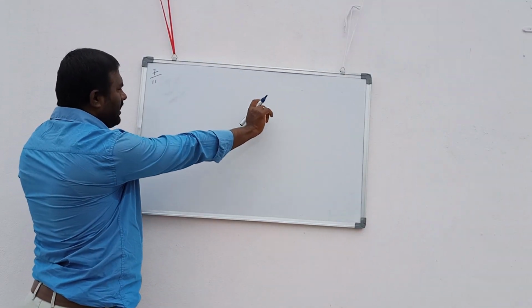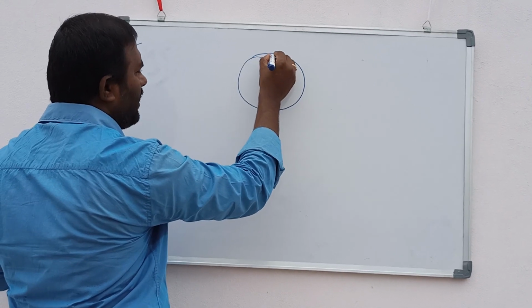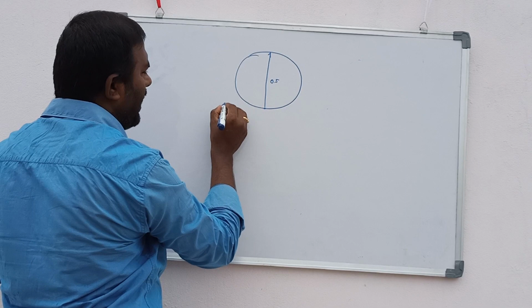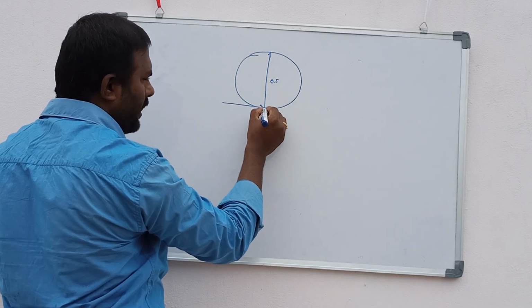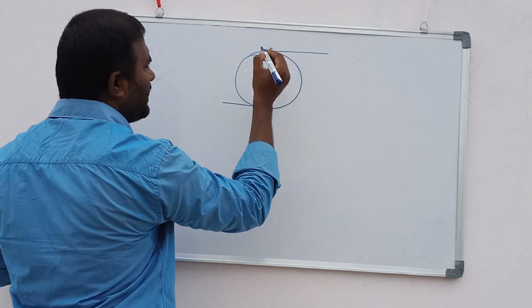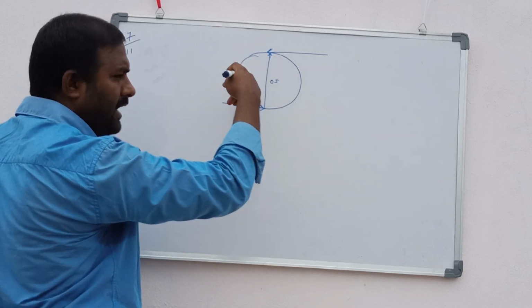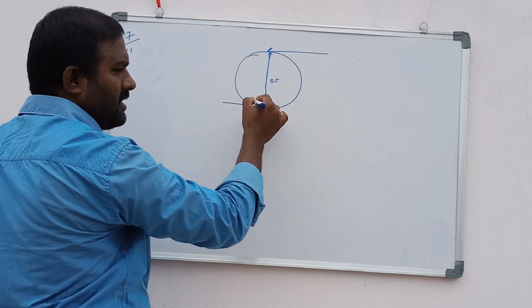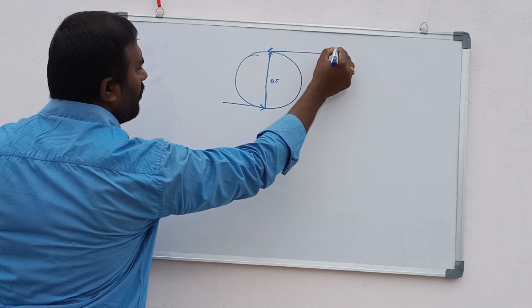The next question they are asking: a steering wheel of diameter 0.5 is rotating in anti-clockwise direction. If you want to move it in anti-clockwise direction, you can apply force here or you can apply force here. Two forces we can show. It is asking to draw a diagram of a steering wheel which is rotating in anti-clockwise direction, and this is the distance given, and this is the diameter, and they are saying that 5 newtons is applied as the force.